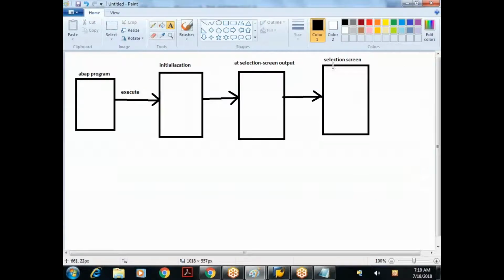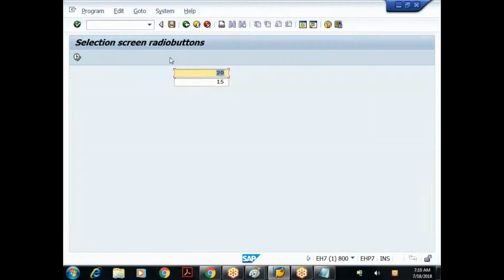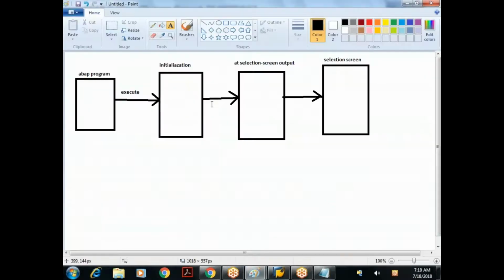On the selection screen, I have to provide some input values and click on the execute button. We'll focus on the execute button later on.